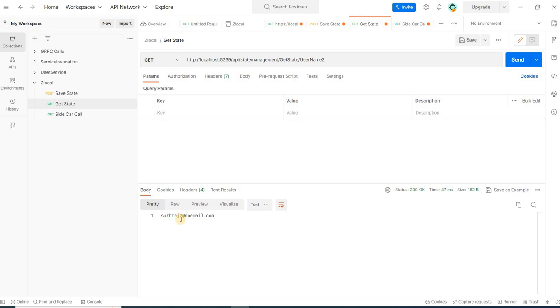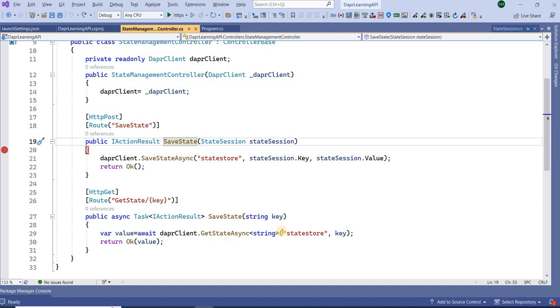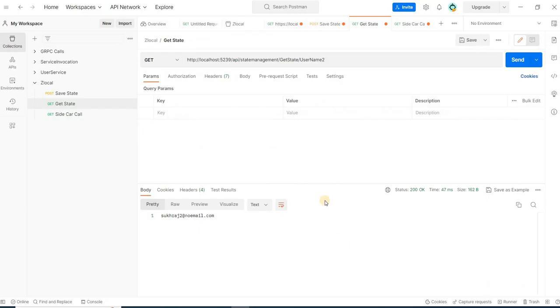When I save the value, it gets stored inside the Redis. Now I'm getting the values from the Redis using this particular code. Here I'm saying from this particular state store, return the value for this particular key. Here the key is passed inside the URL, username, and I'm getting the value.